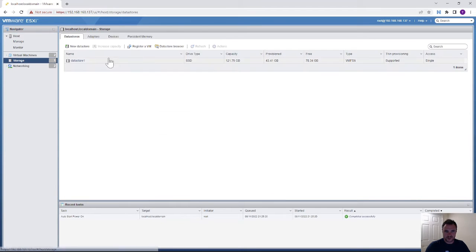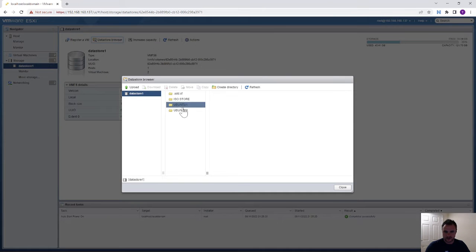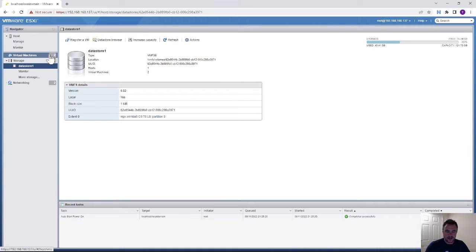So storage, I'm just going to check out the data center I've got here and see what I've got installed. So I've got ISO store, and here we go, we've got 2 ISOs at the minute. I've got my Server 2022 and my Ubuntu from lesson number 2. I'm going to be using this Server 2022 to build out my